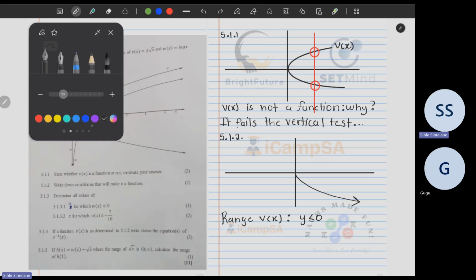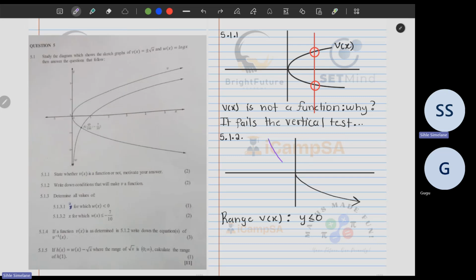Let me think about this carefully. Let me put up the original graph. So for the original graph, if we are saying this, then it means the original graph would only be looking at this part here. Okay. Yeah, no, that is okay. Let's carry on. And then they say that determine all values for which our function